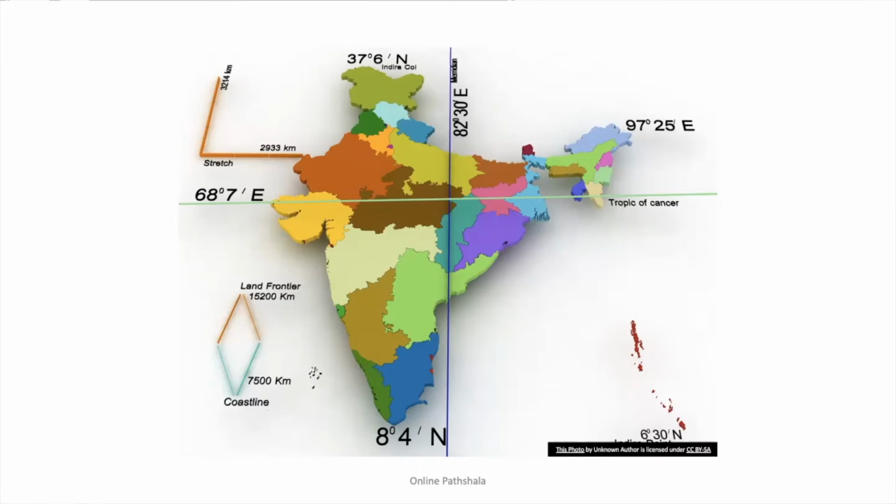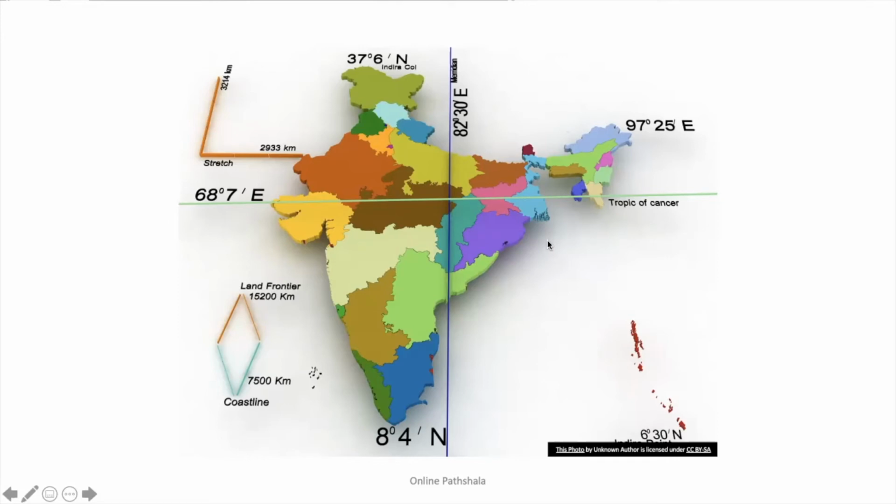Now, what you need to note is that the latitudinal and longitudinal extent of the mainland is about 30 degrees on both sides. Despite this fact, the east-west extent appears to be smaller than the north-south extent. It's just because of the shape of this country. Now, from Gujarat to Arunachal Pradesh, Gujarat is here, and Arunachal Pradesh would be here somewhere, all the way towards the end,